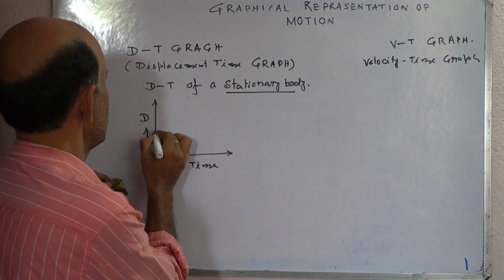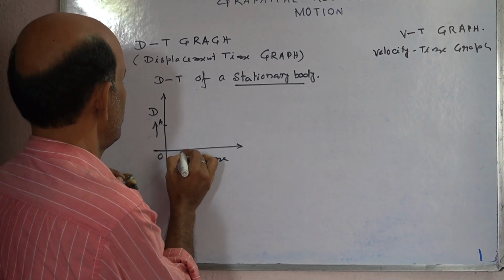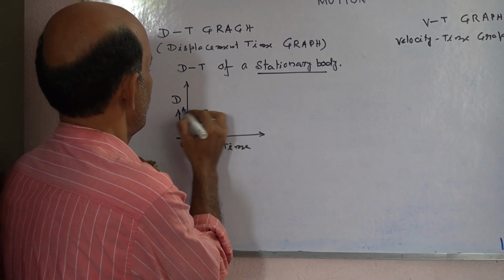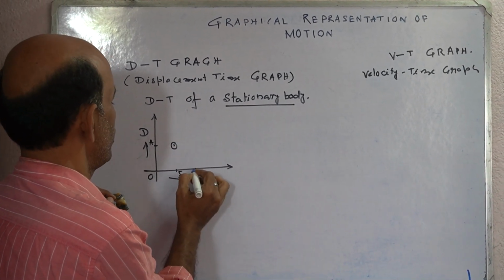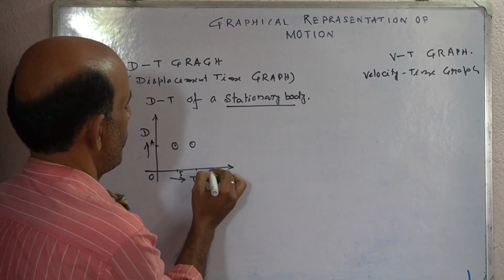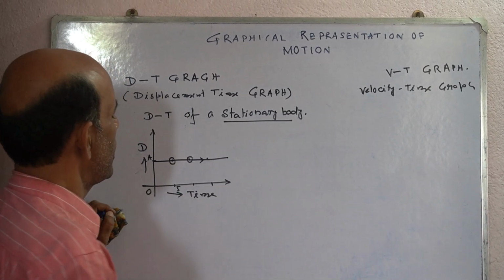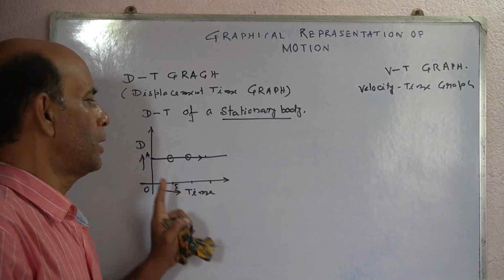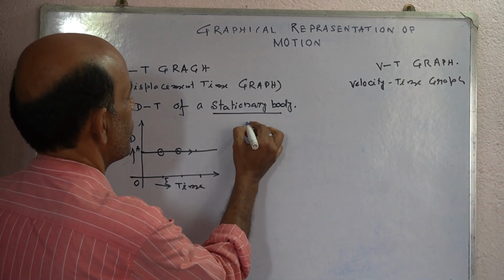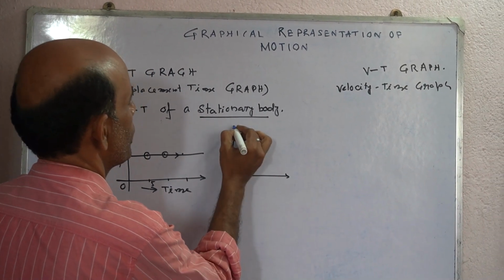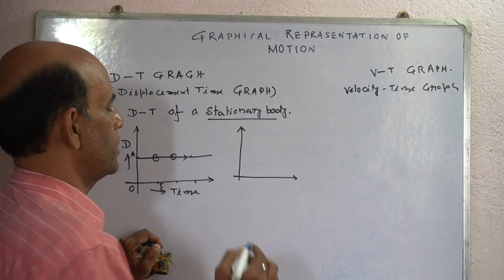At 0 time, the distance covered is 0. In 5 seconds, it is the same. In 10 seconds, it is also the same. In 15 seconds, it is also the same. That means the line will be parallel to the time axis. The body is at rest. It is a stationary body. But the DT graph of a body which is in uniform speed, uniform velocity, then